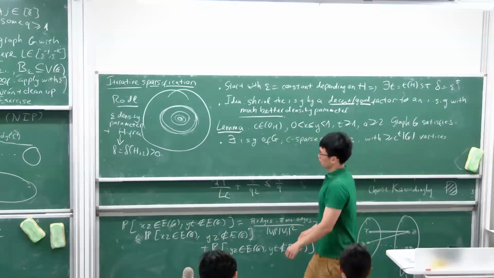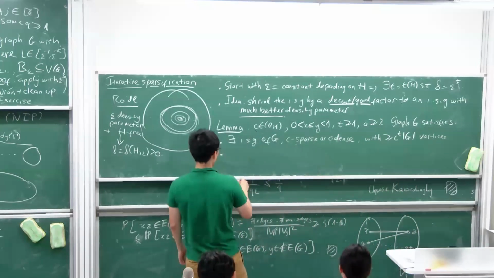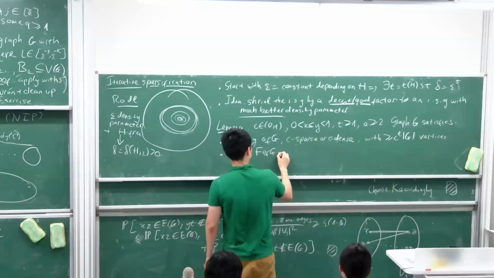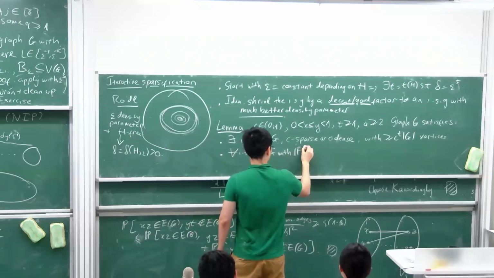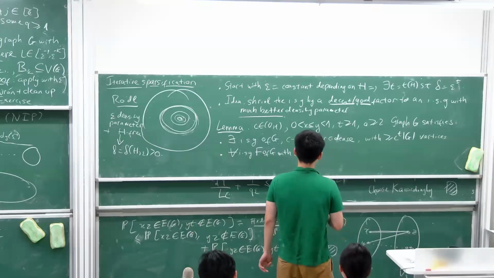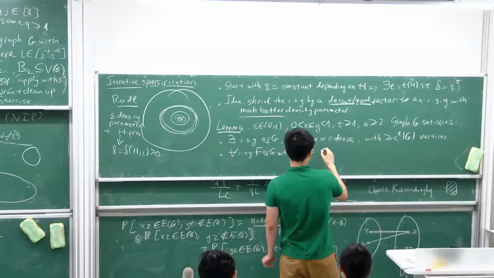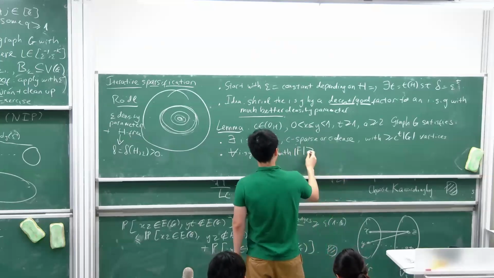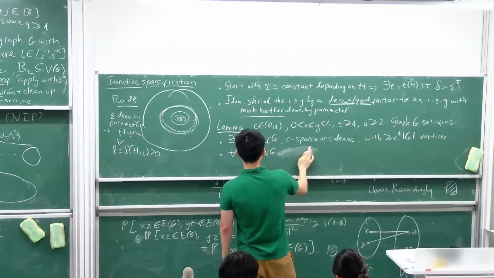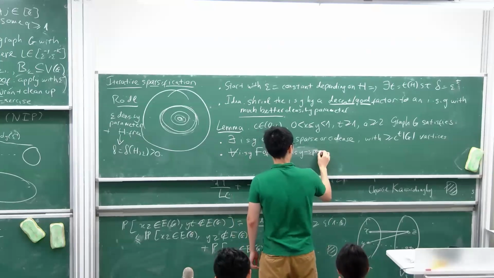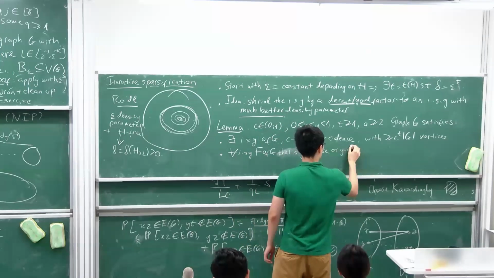And the second condition is for every induced subgraph F of G that is Y sparse or Y dense,